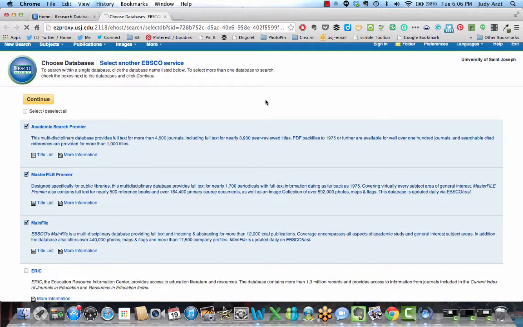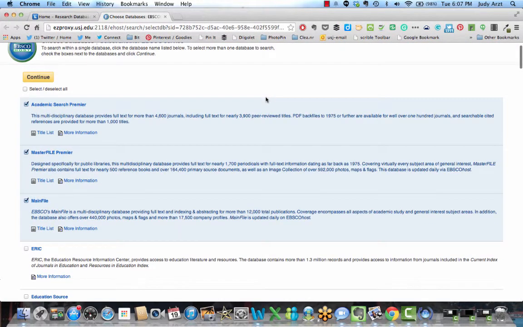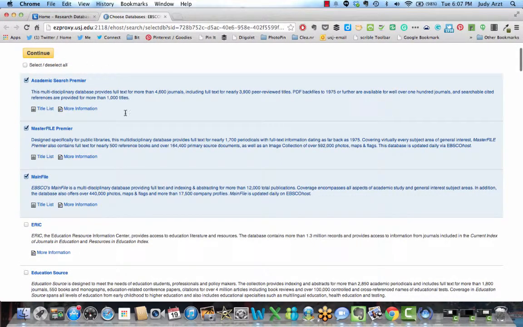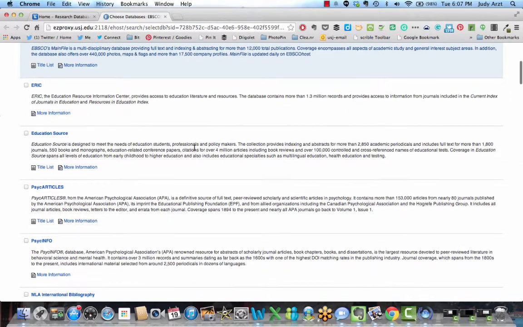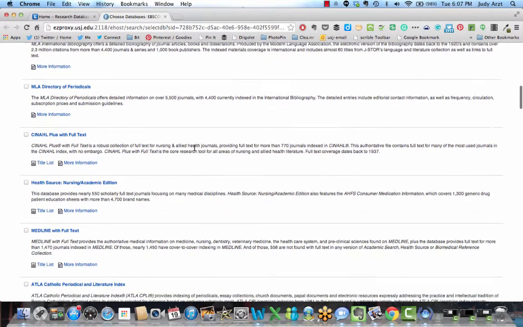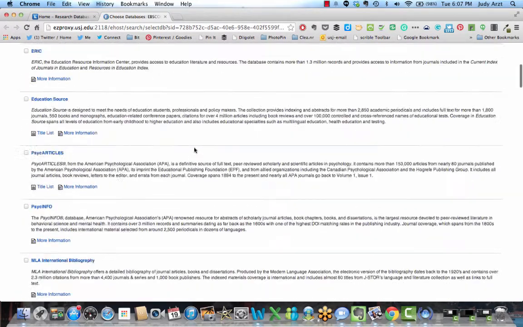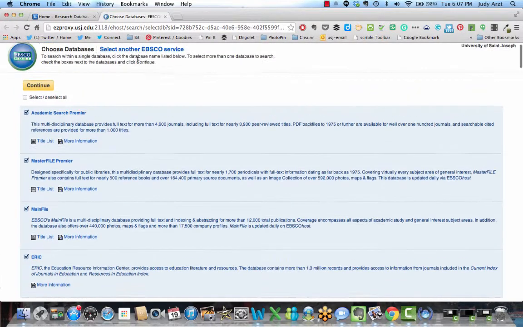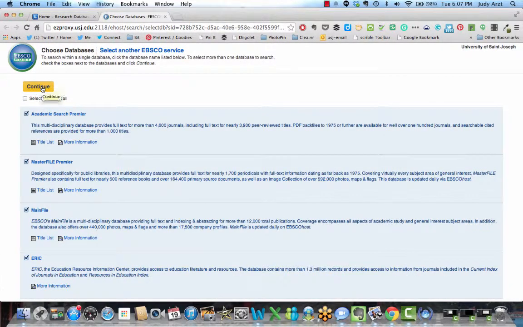We already have clicked on the various components of EBSCO that you'd be likely using, all three of these. And then there's some other databases here that you can add to your search. At some point you might decide you want to use some of those, but I think for now you're set with the three that are checked for you, and you also might want to check ERIC. Okay, and in that case when you go Continue,